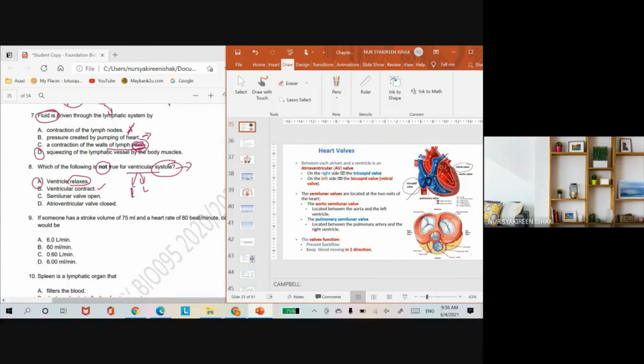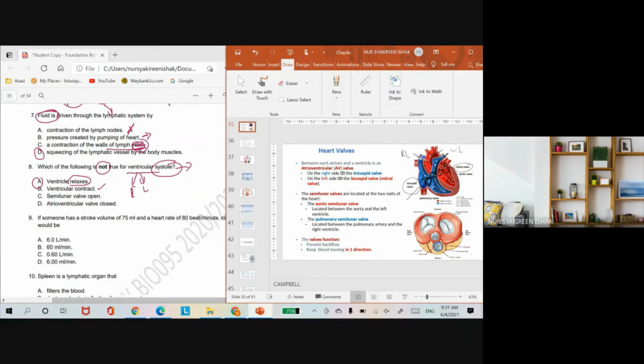Pulmonary artery, it goes to here, the right lung and also the left lung. So it enters basically into the pulmonary circuit. So when the ventricle contracts, obviously it has to make sure that the semilunar valve is open, so that when the semilunar valve opens, from the right ventricle it enters into the pulmonary artery. From the left ventricle, when the semilunar valve here opens, it enters into the aorta.